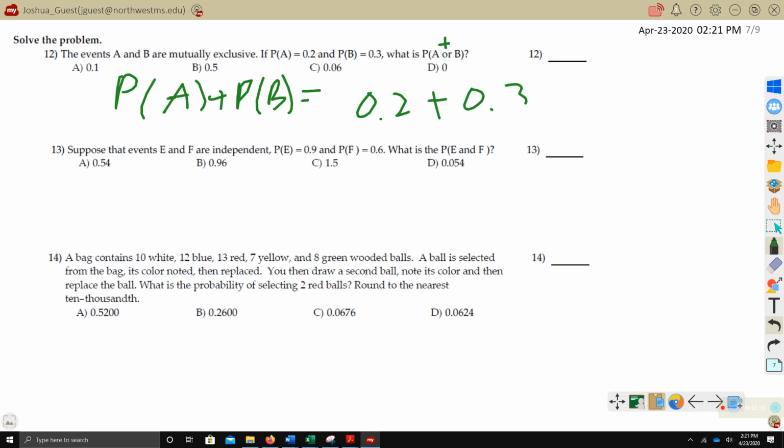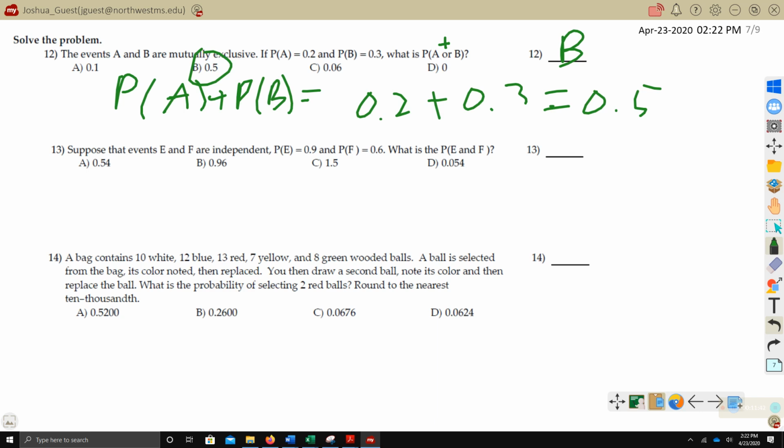If it wasn't mutually exclusive, you would have probability of A plus the probability of B minus the probability of A and B. All right, and that's a general addition rule that you could look back up in one of your sections there. But here, I tried to make this a little simpler and say, hey, it's mutually exclusive. You don't have to worry about that minus and part. You just add them together. So this should be 0.5, okay? 0.5 are exactly 1/2, which is B. So let's look, 12 should be B, all right?